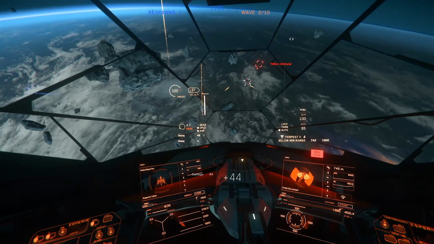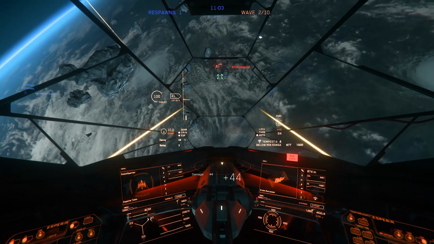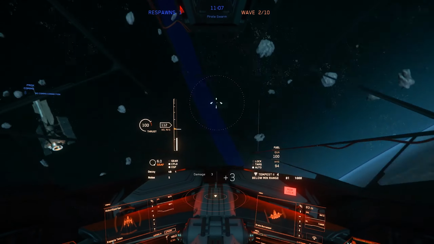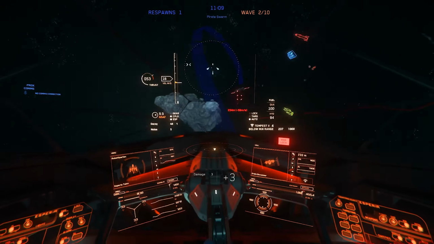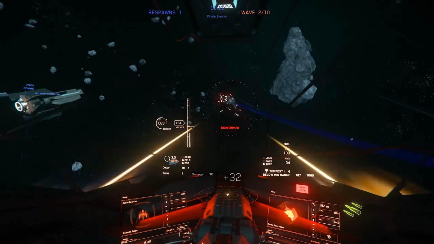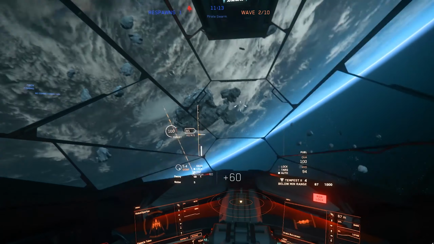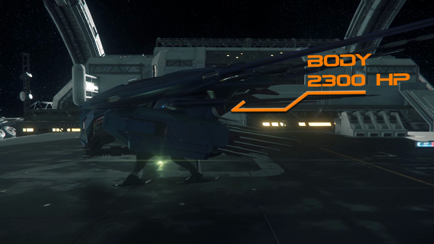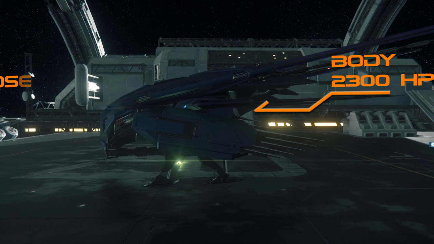With 24 size 3 missiles split between its two bespoke racks, the Shrike can dish out over 100,000 damage from self-propelled ordnance, which is enough to breach the shields and destroy even the hardiest of medium vessels, heck, even some large. On the defensive side, the Talon's 2300 body HP falls just behind the Gladius, but puts it ahead of